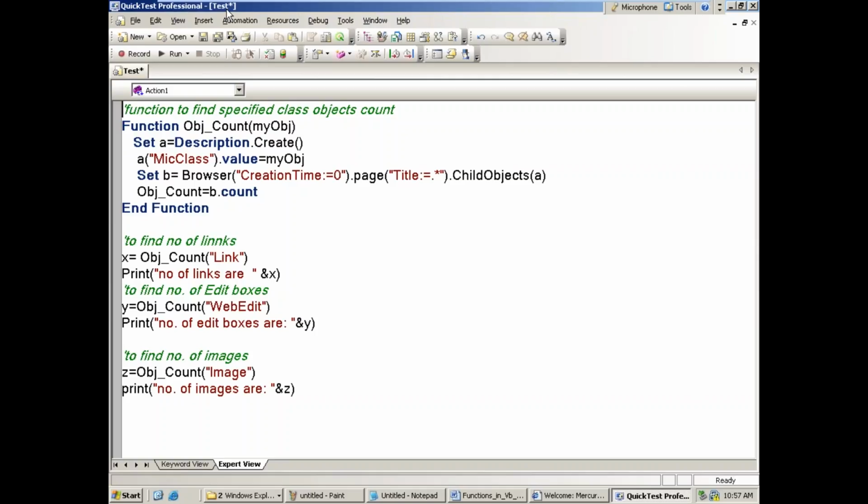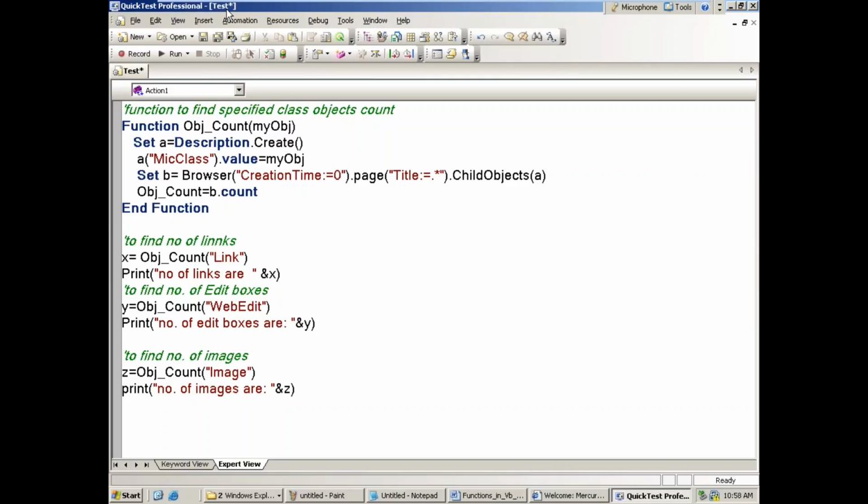So when we create the script with functions using a generic script, not a general script, generic script, descriptive programming like this, this type of framework we are going to call the functional decomposition framework. But what is the disadvantage of this? All the scenarios we can't do like this. Only some scenarios we can do like this. For a complete project, every scenario, it's not possible. Only for a particular scenario, a particular transaction, not for all. So only for some scenarios can we go for the functional decomposition framework, not for all.